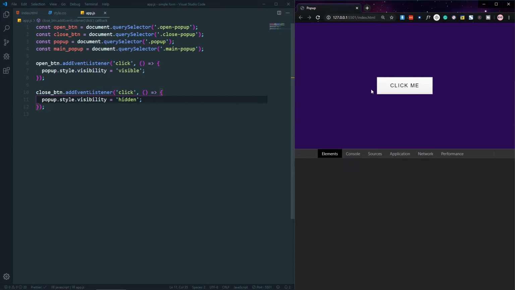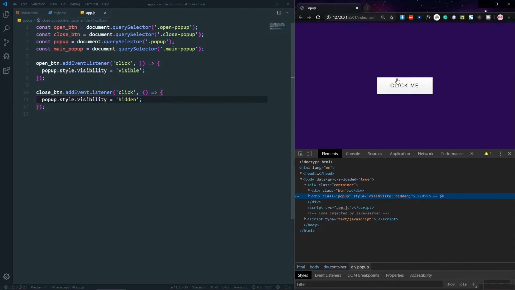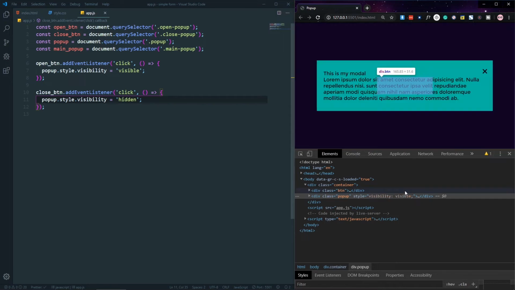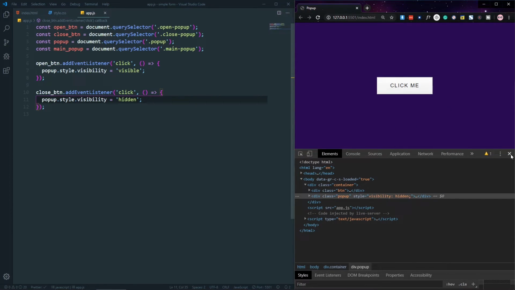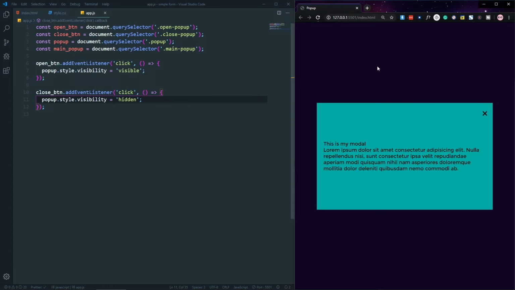So if I inspect this and come to the pop-up, as you can see, now the visibility is hidden. If I click it, the visibility is visible, and if I click there, the visibility is hidden again. So that's fine. So after that, let's create another effect, which is if I click